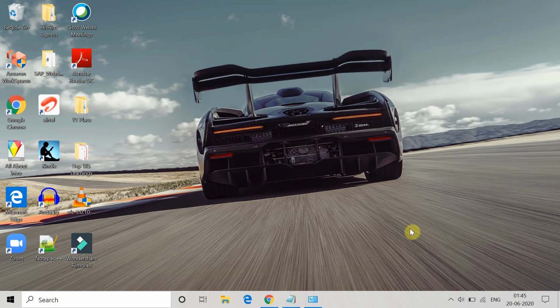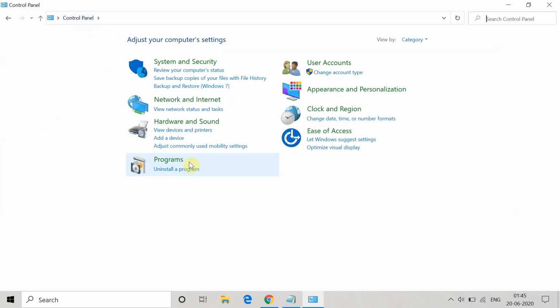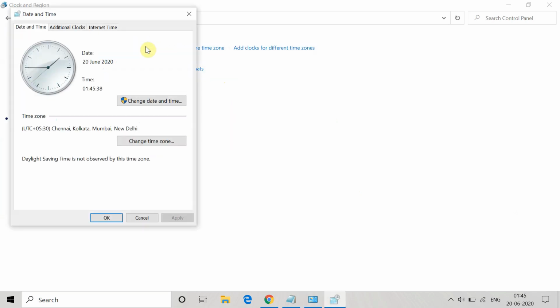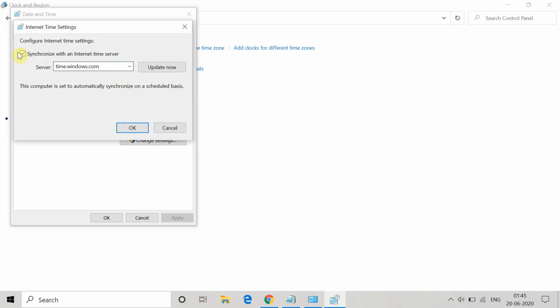The last method is synchronizing the time with Windows. For that, go to the Control Panel and then go to Clock and Region. Here go to Set the time and date, click on it, and then go to the Internet Time tab. You can see there is a Change settings option. Click on it and make sure that this is ticked, and then click on Update now.